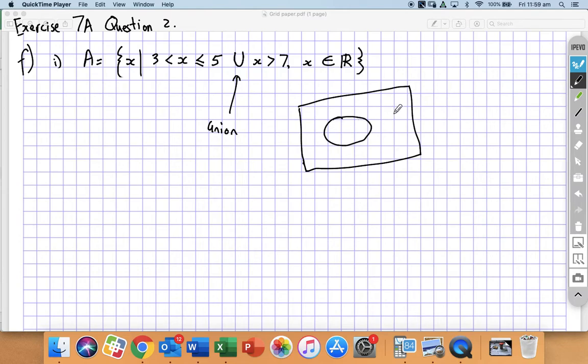Imagine you had two sets, A and B. If you wanted to show what A union B looked like, it's just everything. It's combining A and B,